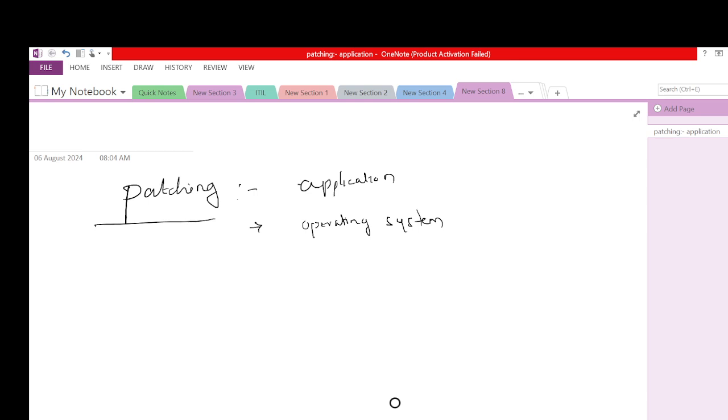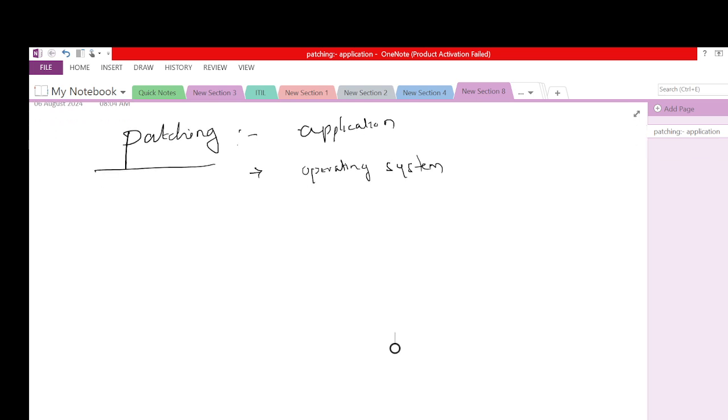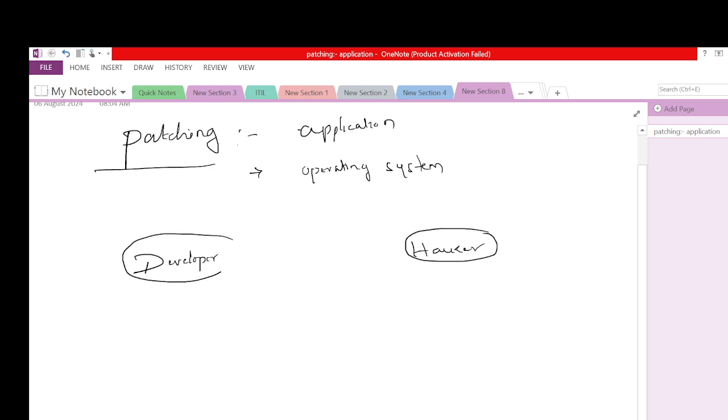You will not worry about the bugs and all. You will not worry about the open vulnerabilities and all. So as a developer you will develop the application. Meantime, there is another team called hackers. One is the developers, a big group of people actually. Another one is the hacker. This hacker works about 10 times faster than a developer, because an application will be developed by multiple people. Like Facebook is an application, maybe lakhs of people work on it, 1,000 people work on it.